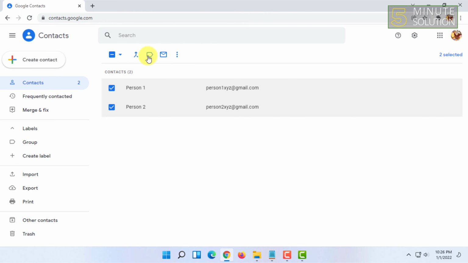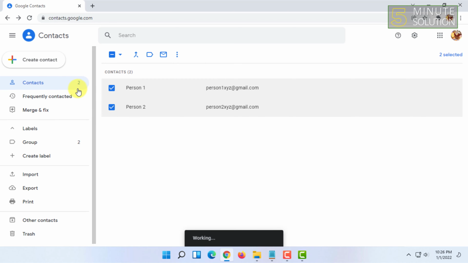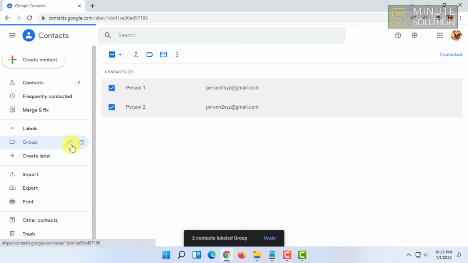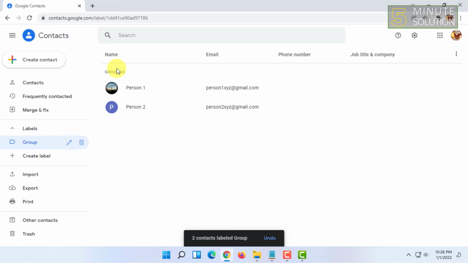you may want to create a label and add them in a label. I have created a label earlier, as you have seen, and I'm going to add them to this label. So I'm going to click on this icon, click on group and click on apply. So now these two persons are added in this group label, and in this group label you have to select